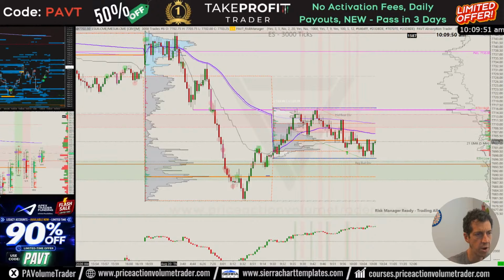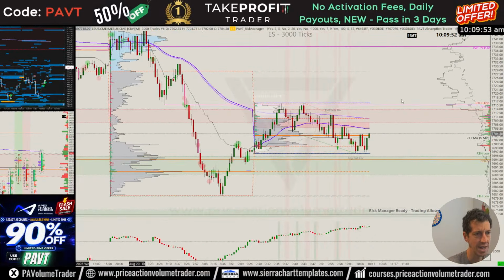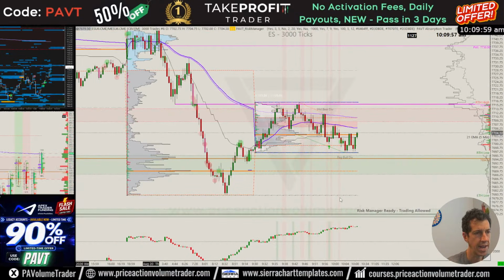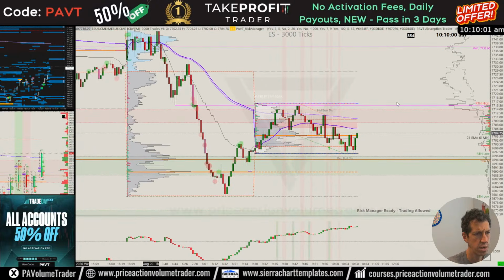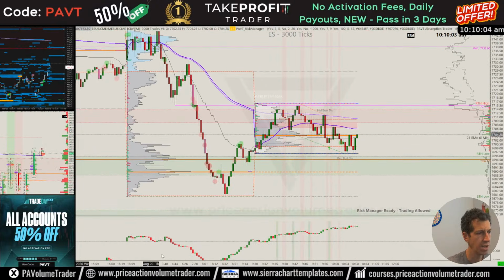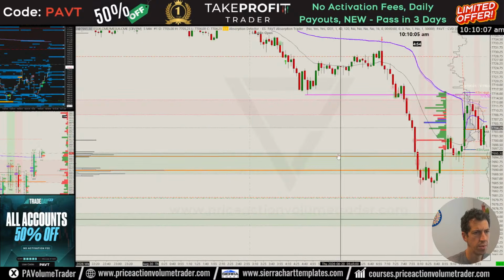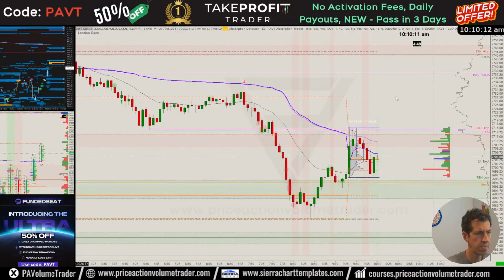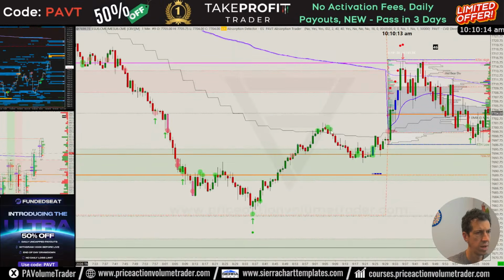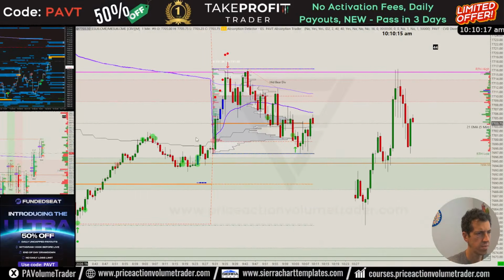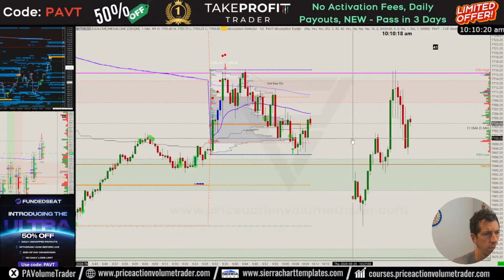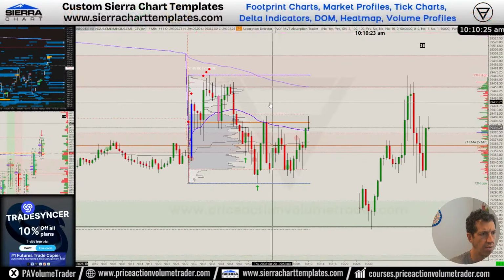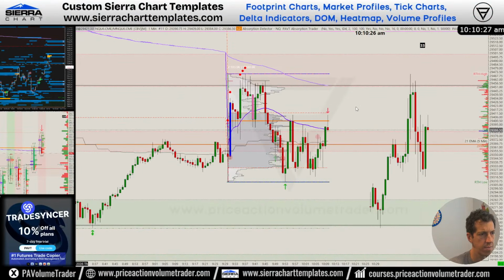Ebra, what time frame on which chart? ES and Nasdaq? ES 3000 ticks and Nasdaq 1500 ticks. I do have minute time based as well. This is the 5-minute chart here and the 1-minute chart on ES. And then same thing on Nasdaq, I also have a 1-minute and a 5-minute that I check.